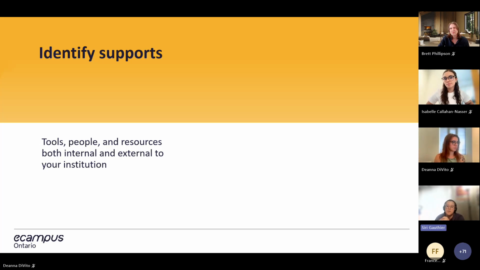That's one of the beauties of open education: we recognize that things can continue to evolve and should, to make sure that they continually better themselves and are the best experiences possible in the moment that they are created. And part of that is also recognizing the supports and the resources that are available to you. So it doesn't have to be exclusively on your shoulders.